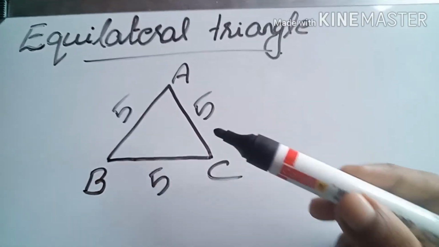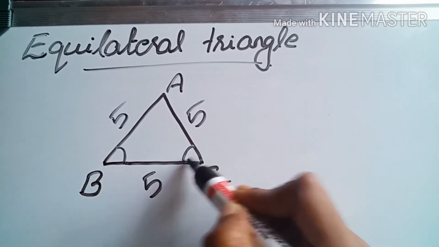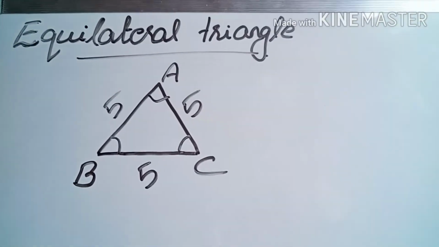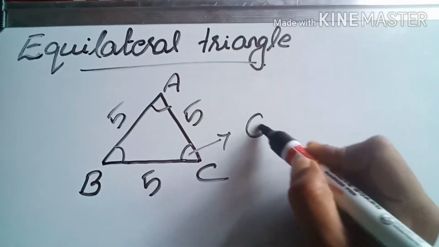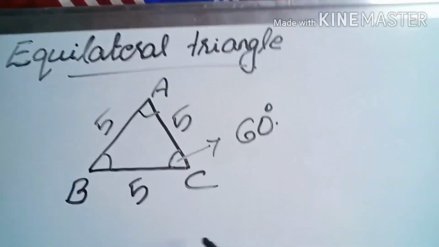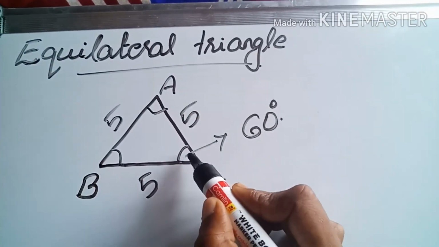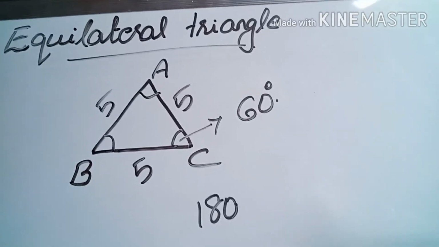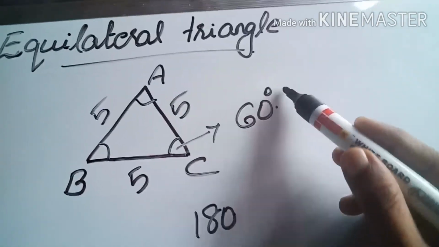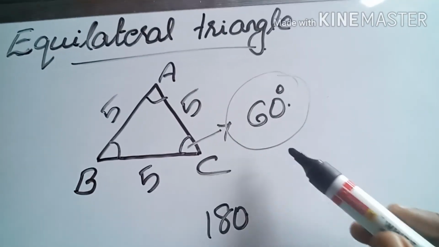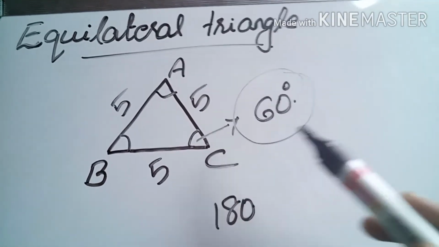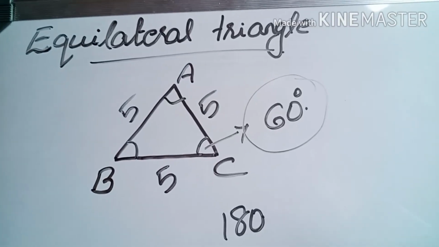If all the three sides are equal, all the angles will also be equal, and that angle is fixed. That is 60 degree. Okay, 60 degree is one angle. Then only we will get the total as 180 degree. 60 plus 60, 120, 120 plus 60, 180. Okay, so one angle of an equilateral triangle is 60 degree. This is a fixed angle only for an equilateral triangle. But for an isosceles triangle, we can't predict that angle. Okay, but for equilateral, that one angle will always be 60 degree.